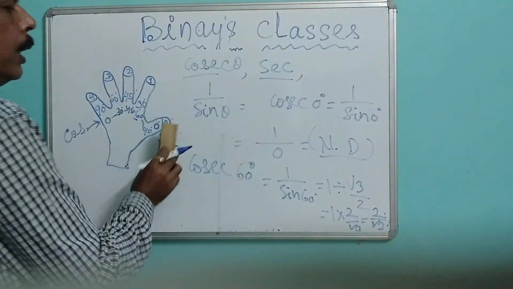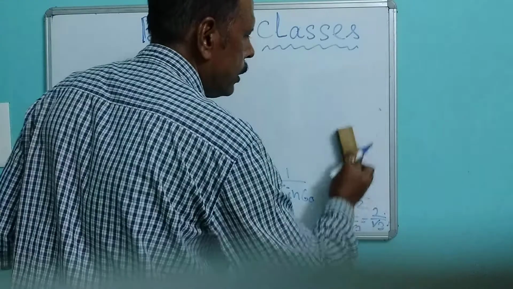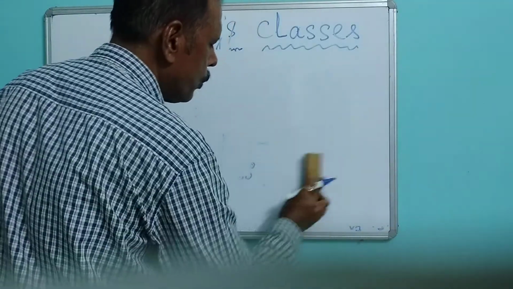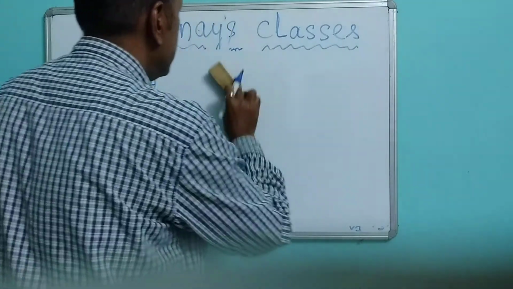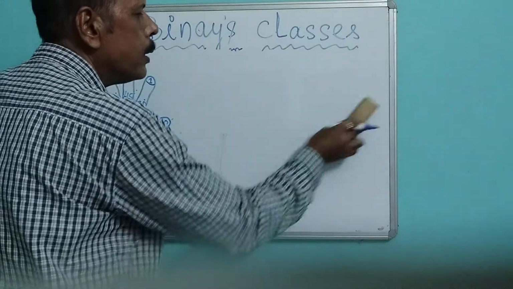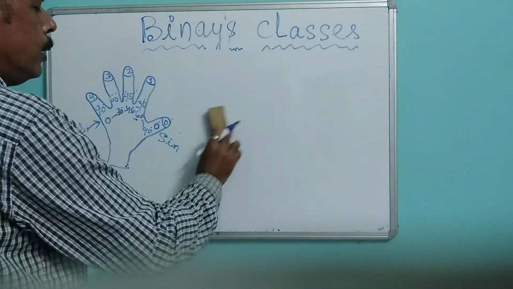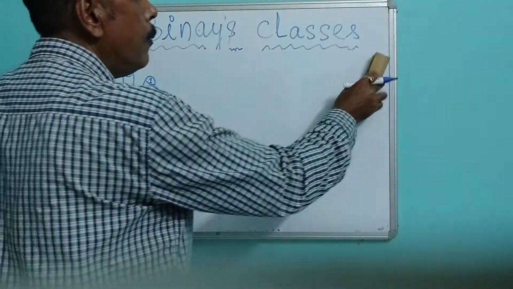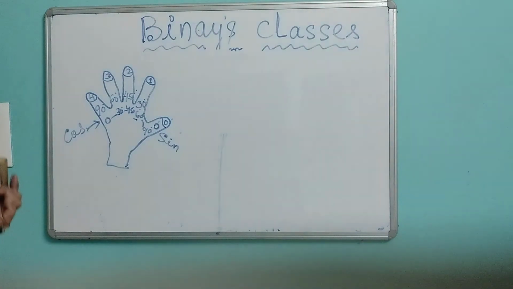For cosec I calculated 2, for sec also I will calculate 1 or 2, then you will get a clear picture about this fingertips method, fingertips formula, so that you will never go wrong at all. Even if you are in the exam hall, doing a sum and you could not recall the exact value, this fingertips method will never give you any wrong answer.